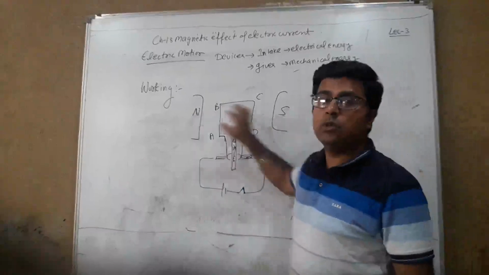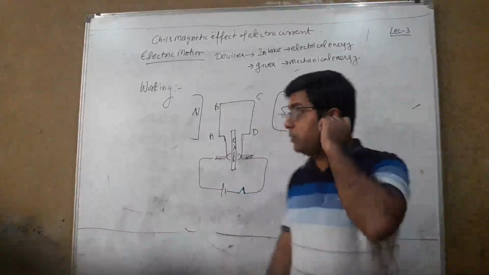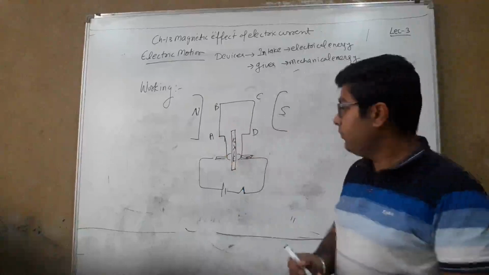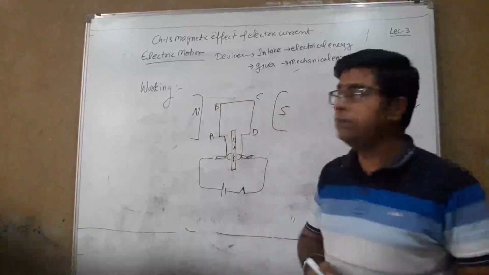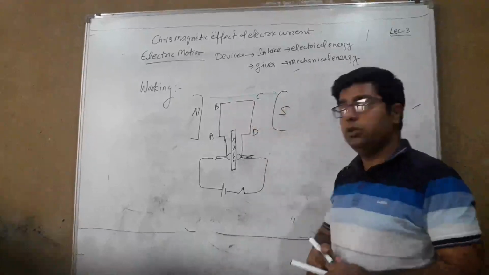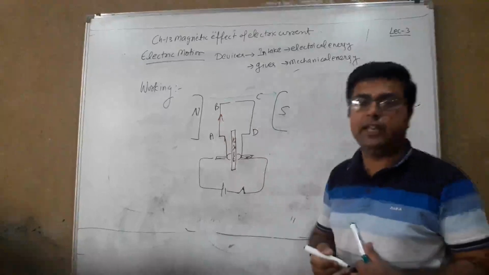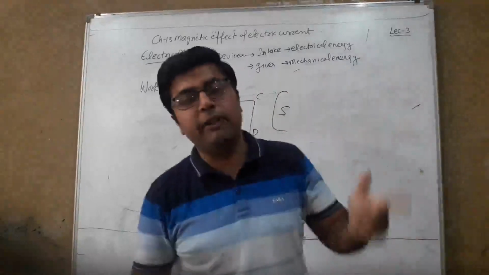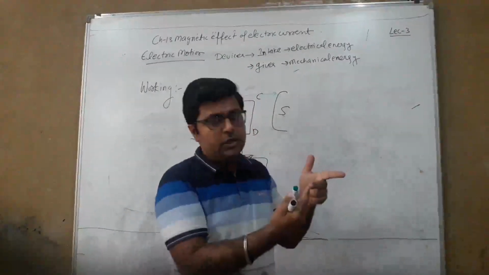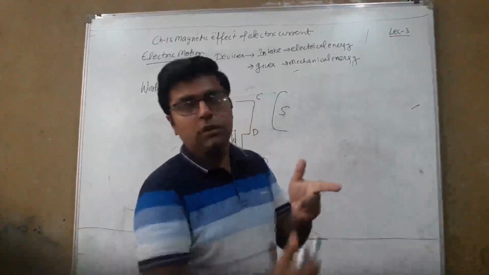This is a magnet and this is also a magnet, so either they attract or they repel. It means there is some magnetic force experienced by the conductor. So for that, this is the direction of magnetic field from north to south. Okay, and we know the direction of current because of this positive sign, A to B. Now which rule do we have to use? Fleming's left hand rule: father, mother, child. Direction of magnetic force, direction of magnetic field, direction of current.